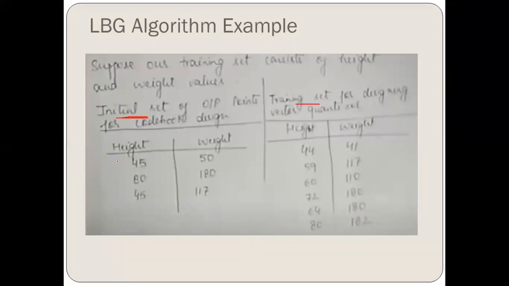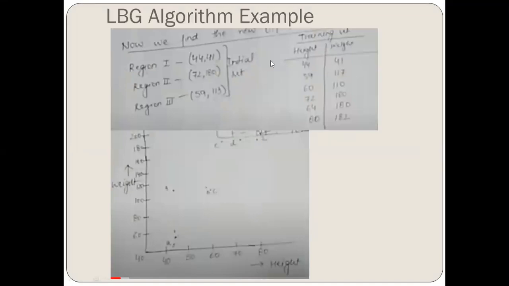So here what we have is this particular height and weight. Initially we define the initial points as 1, 2 and 3, let's say, and the training points are defined as, let's say, A, B, C, D, E and F. So we have 3 values in the initial set and 6 values in the training set. So let's see here what we have done. We have to plot it in the graph. We have taken a graph, and the x-axis is defined as the height and the y-axis is defined as the weight.